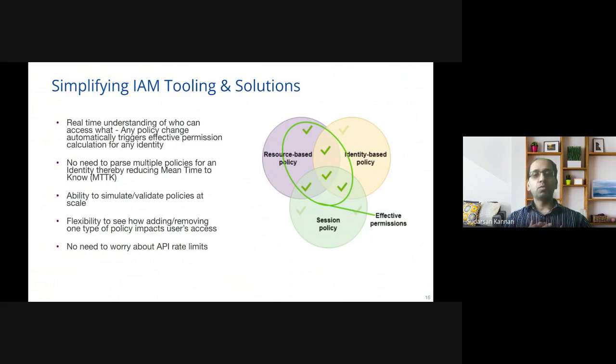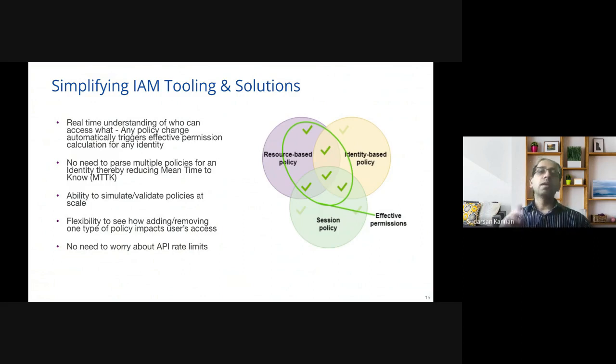If you think about it this way, as a SOC analyst or a security operator, from a security team, if I want to answer that question of who can access what today, think about it in AWS terms. I have to go to the AWS console, I have to open up 10 different policies for that user. I have to manually parse and see, let's take EC2, for example. I want to look at the policy statement. I have to compare that across multiple policies and then figure out who can access what, right? Think about the amount of time you're dedicating as manual work. That is all gone with this capability.